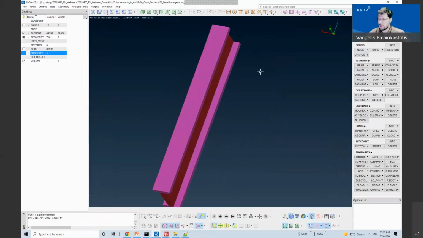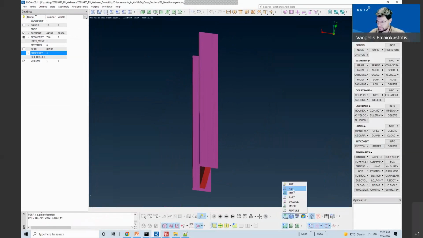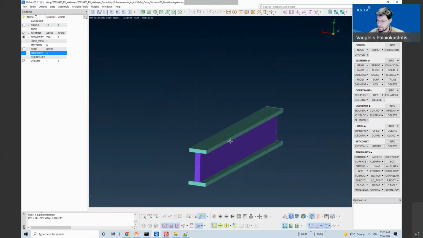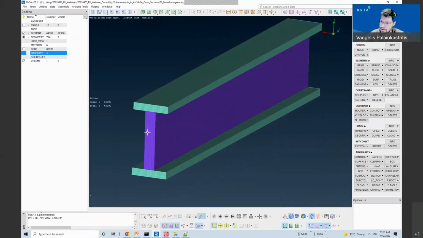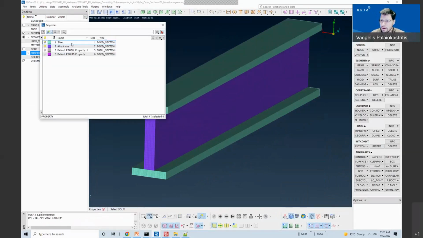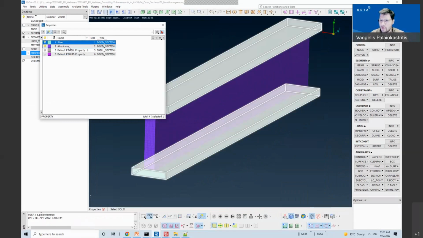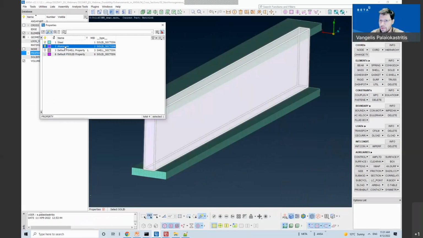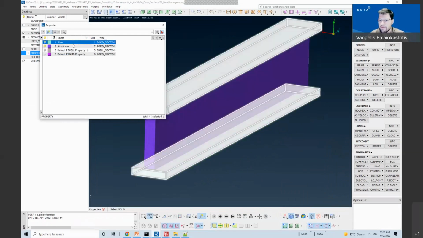Okay, so here I have this solid beam model with two properties. On the web I have aluminum, and on the flanges I have steel.